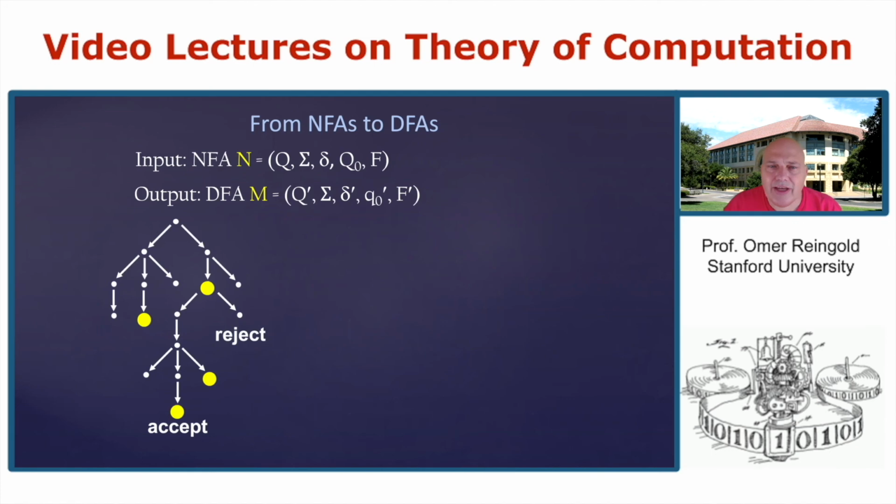So an NFA can do various things in every given step. And now, when you look at it, it's pretty scary, because even if at every given state it can do one of two options, then the number of paths it can take is exponential in the length of the input. And how can this poor DFA monitor what happens in an exponential number of